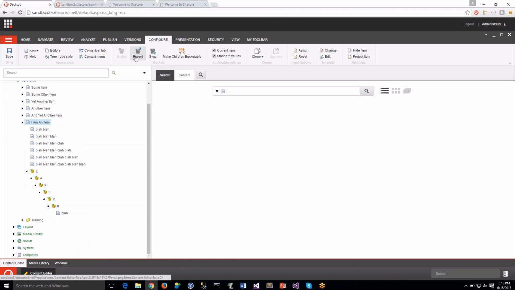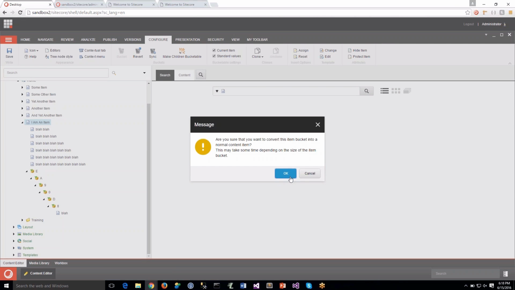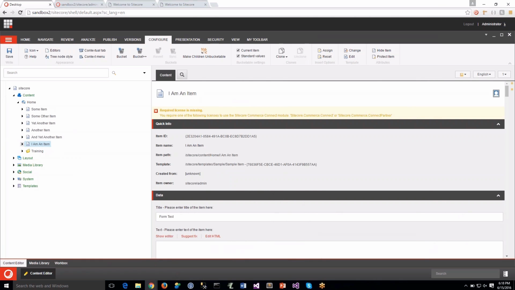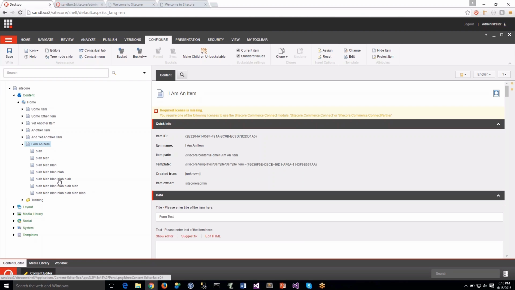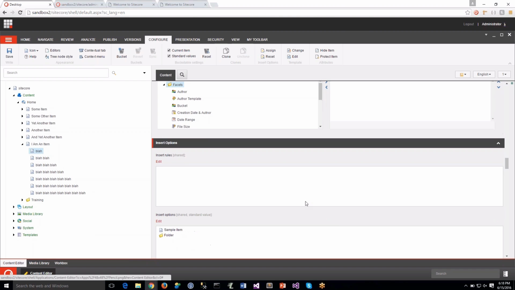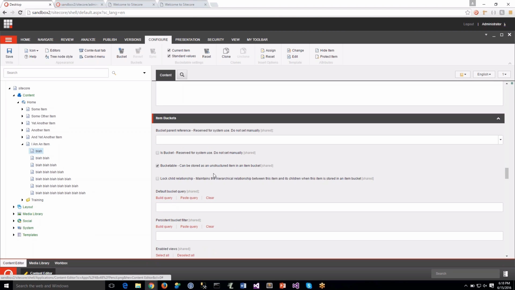Now if we do a revert over here, this means I don't want this guy to be an item bucket anymore. I just want it to be a regular item. Like this. Yes. Do a refresh of this guy. There are some bucket folders. But I don't know who chose this guy, but he still remains bucketable. It keeps that checkbox checked. There you go. That's out of the box functionality, which is I guess good enough in most cases, but